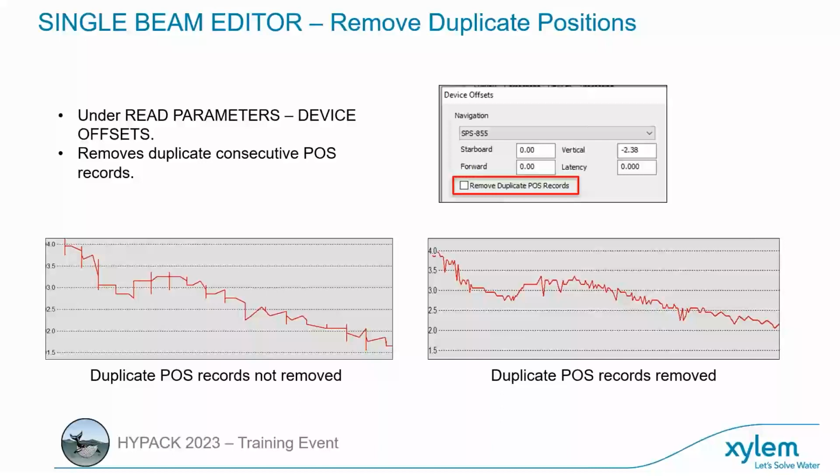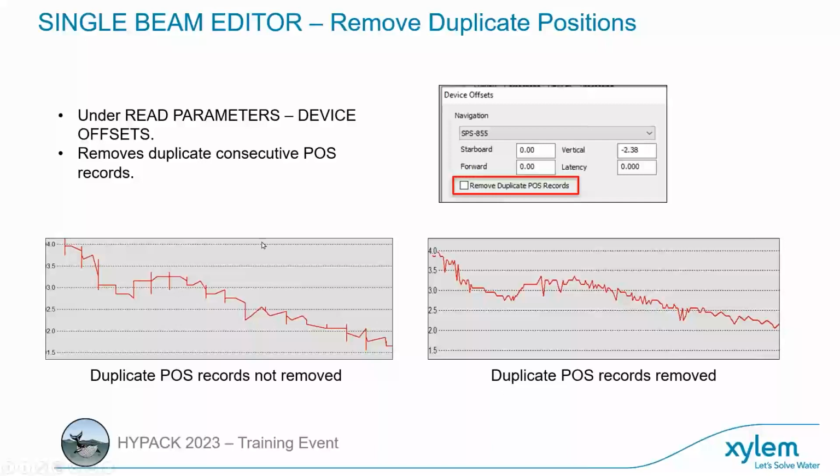And it's funny because we've seen this before numerous times over the years, but finally the customer explained what was happening. It turns out it was in base station mode. So even though you have your GPS set to output 10 times a second, 10 Hertz, it was outputting the same exact position 10 times a second rather than new positions each time. So you get these funny little jogs in here,